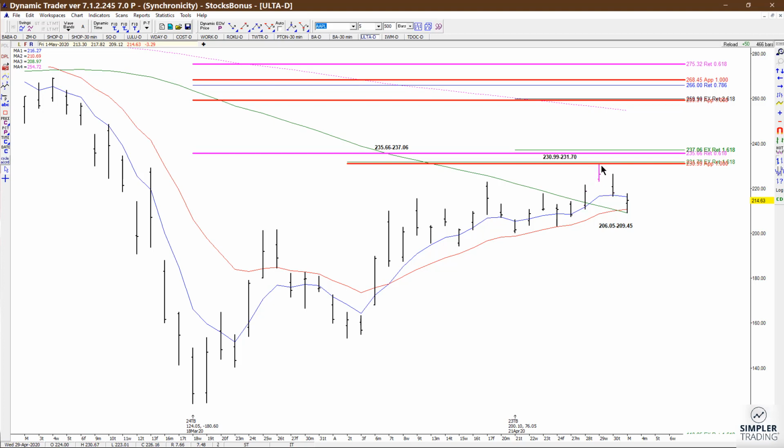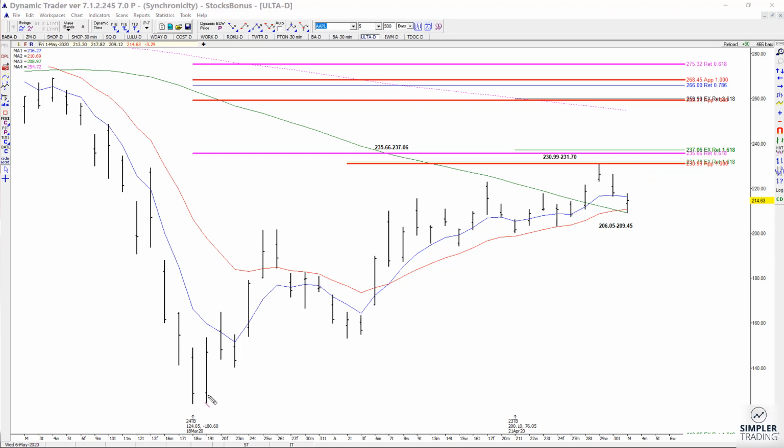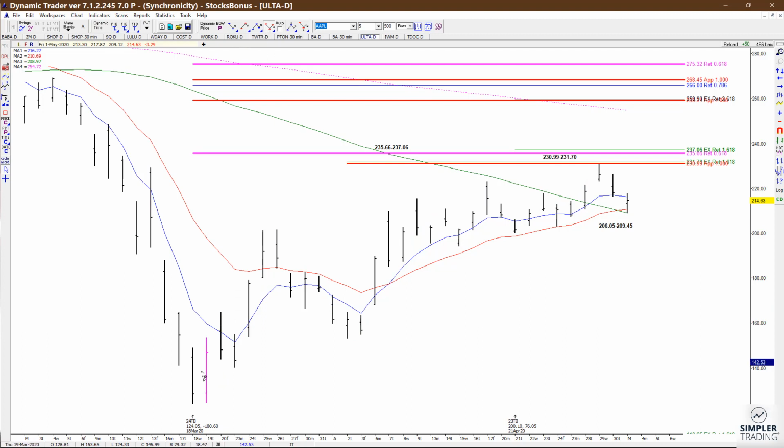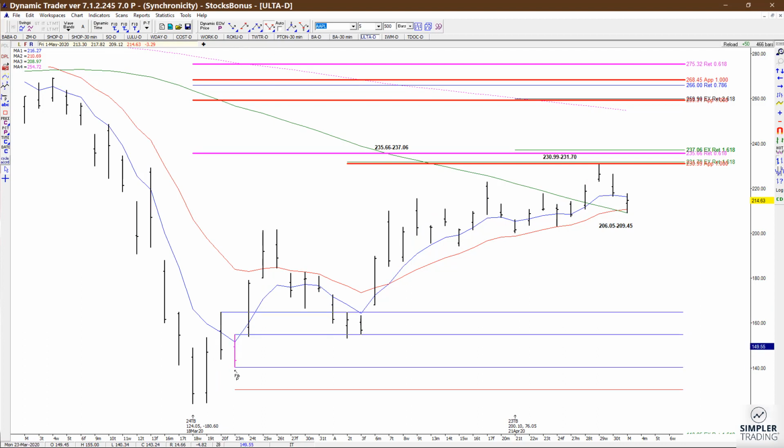and a 1618 extension that we had at the last high, but we have to look at the fact that we do have a bullish pattern of higher highs and higher lows. And I want to set up the levels that it should hold if we are going to continue with that bullish pattern. So I'm going to start by running the symmetry of these prior swings and then projecting it from